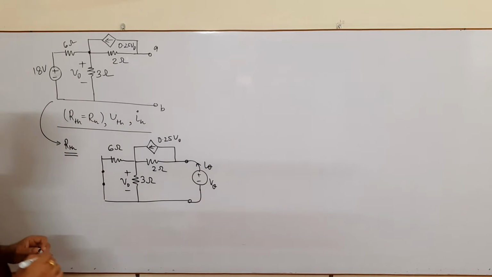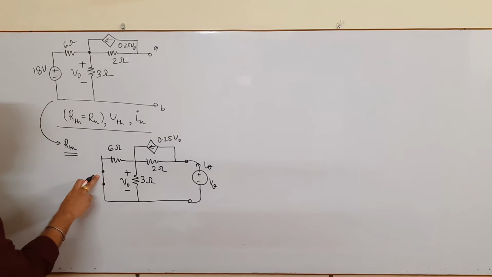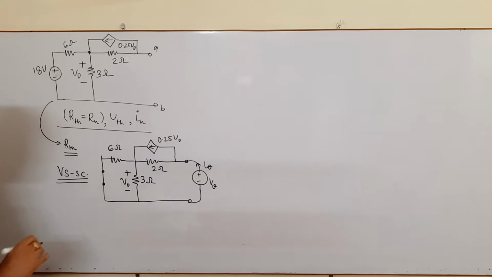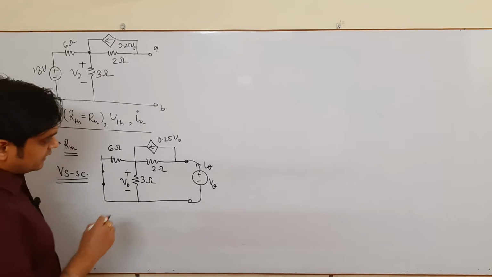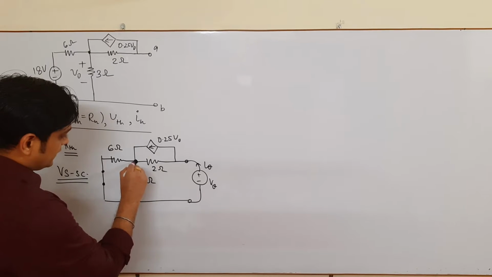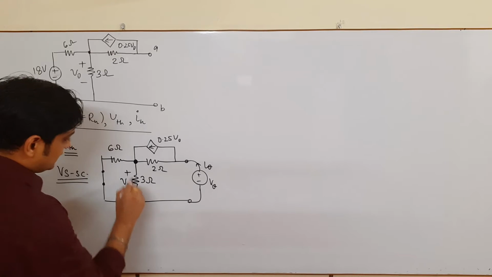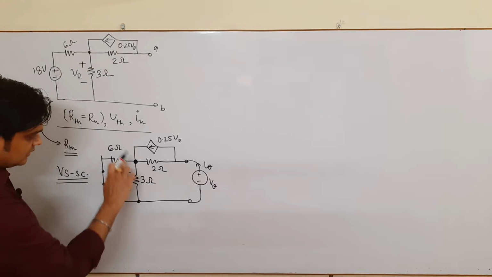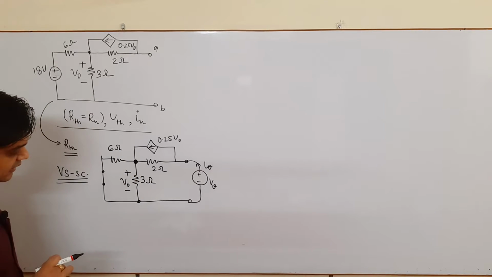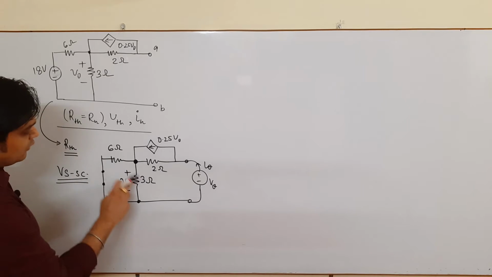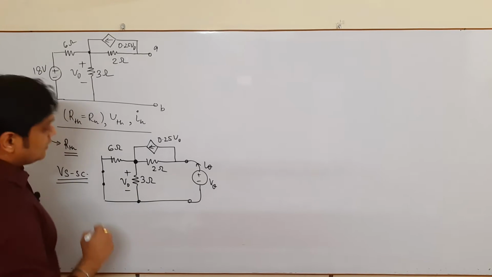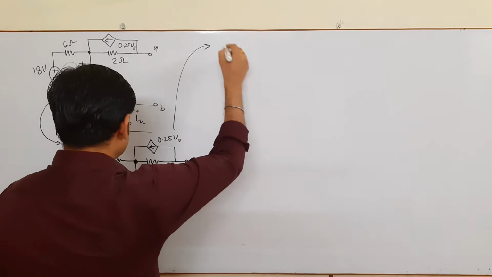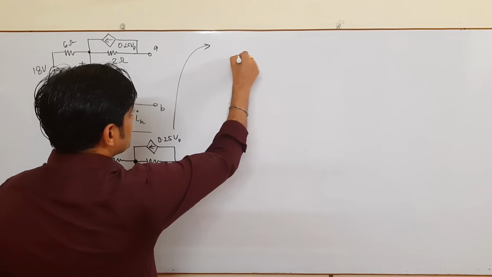Now we have to find the value of V theta by I theta by short circuiting the voltage source. As it is a voltage source, it gets short circuited, as I have already mentioned in my previous video. The very important thing is that this V naught is the voltage between these two nodes. These 3 ohm and 6 ohm resistances are in parallel. So if I redraw this network, it comes to be in this form.